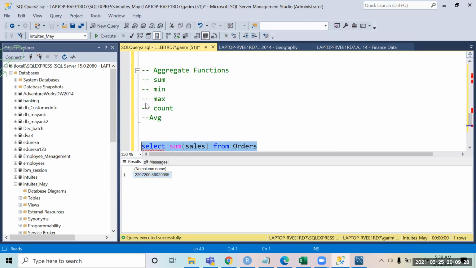Now in this query, if you notice something, when I'm saying select sum of sales, do you see there is no column name? Why is it that I'm getting no column name?